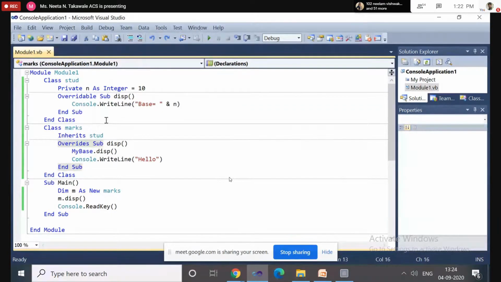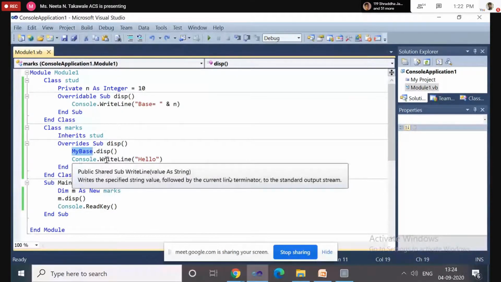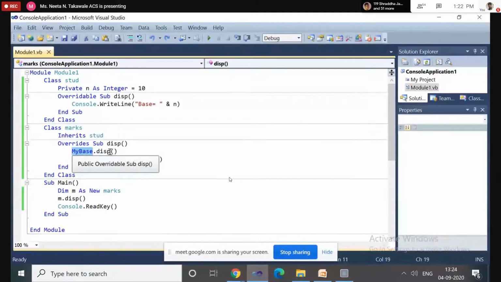Third, to access the overridable method declared inside the base class from the derived class, you use the my base keyword: my base dot the name of the overridable method defined in the base class.